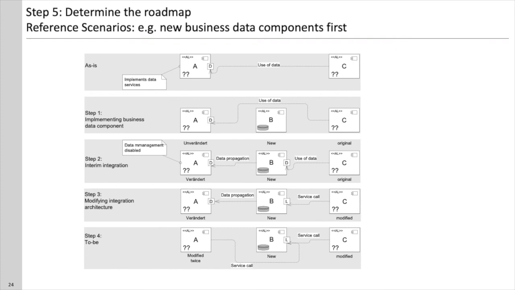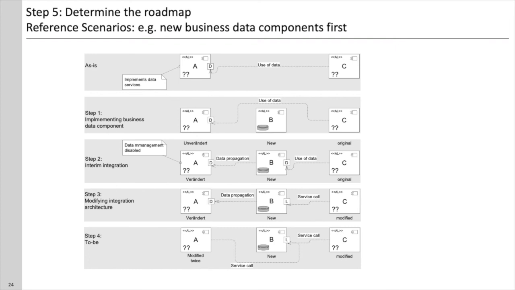which can then be further optimized towards a modified integration architecture, where the data propagation from B to A still happens via the data type interface, but the new component that we are striving for, the new business data component B in the middle, now yields a logic type level interface to be used from C. And then in the last step,